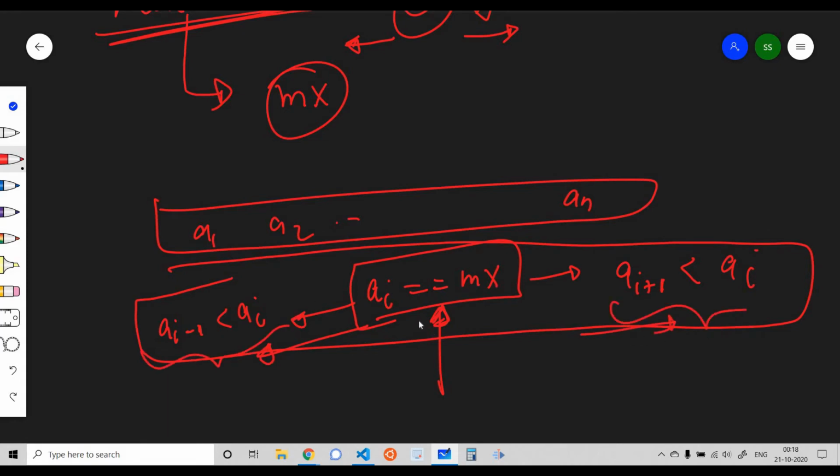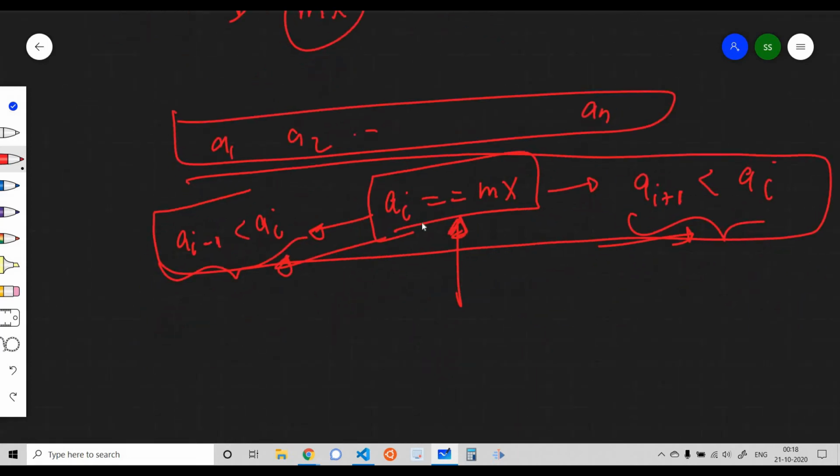So if we have found such a piranha, if this condition is met, then that particular piranha will be able to eat all the piranhas, because after eating a particular piranha, Ai will become Ai plus 1, and there is no other value in our array having the value Ai plus 1, and then it can eat the piranha which is to the left or to the right of it, because it is having the largest value in the aquarium.